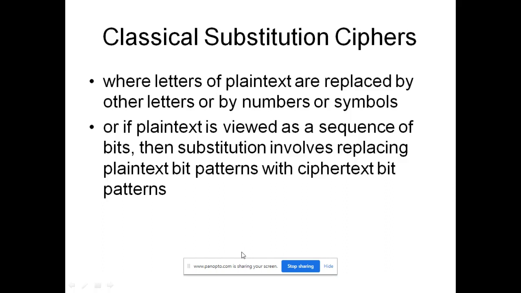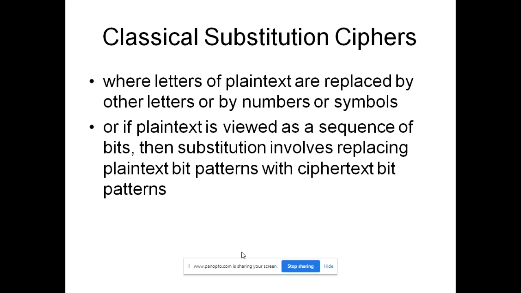Good morning. In this class, we will see about classical substitution cipher. So, what is classical substitution cipher? In the name itself, it is revealing that substitution means here we are going to substitute something. As I told earlier, here we are going to transfer the original message to the receiver. For that, the original message or the plain text has to be encrypted in order to send it over the